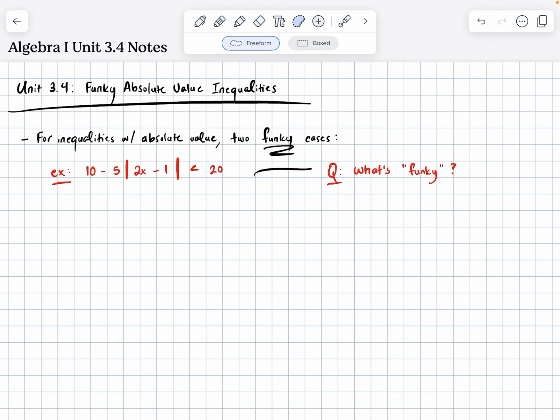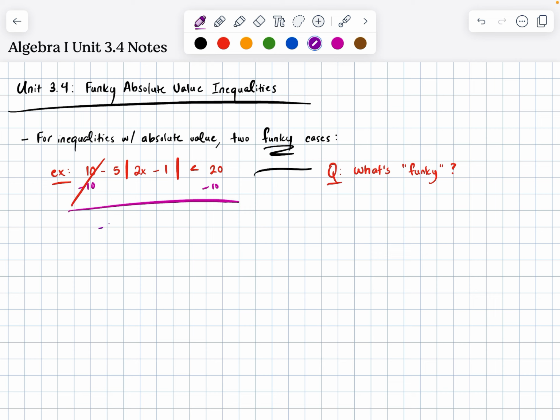So, 10 minus 5 times the absolute value. Well, my goal, if I'm trying to solve an absolute value thing, I usually want to begin by getting absolute value by itself. So I've got a 10 and a negative 5 connected to the absolute value. In this case, reverse order of operations, much easier for us to get rid of that 10 first. So